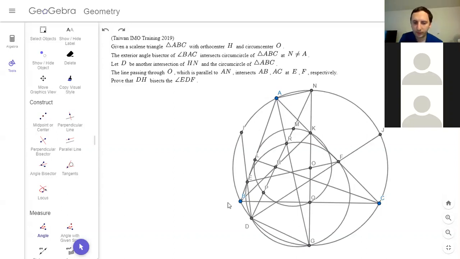So we want to show GEB plus GDE is 180. I wonder if